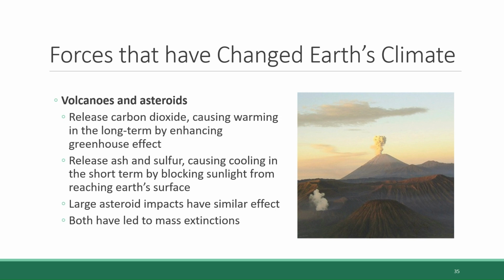They pollute the atmosphere with so much ash that the lack of sunlight can mean that plants don't have enough light for photosynthesis. And because plants are producers that support the rest of the food chain, it can cause the whole food chain and consumers that depend on them to collapse.